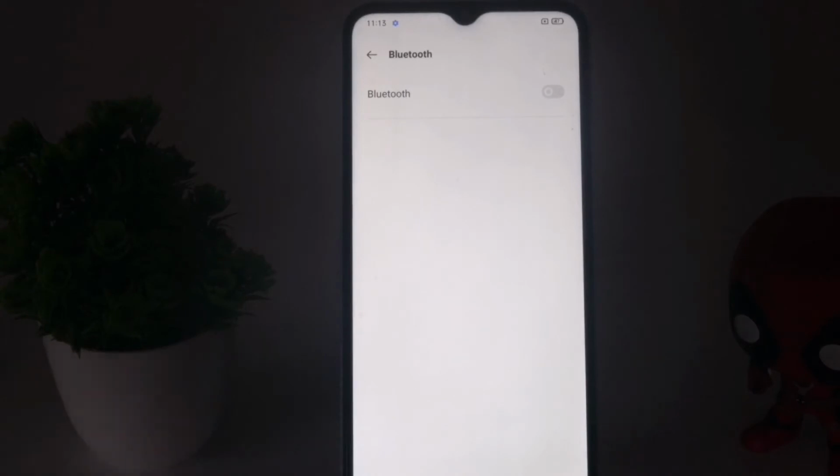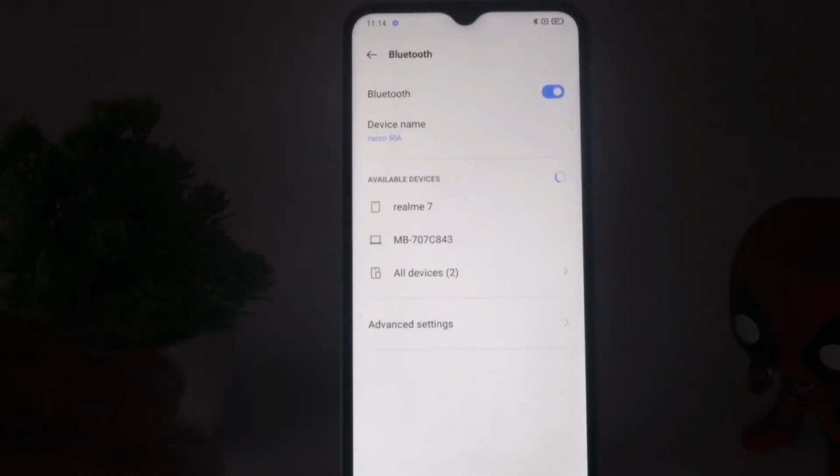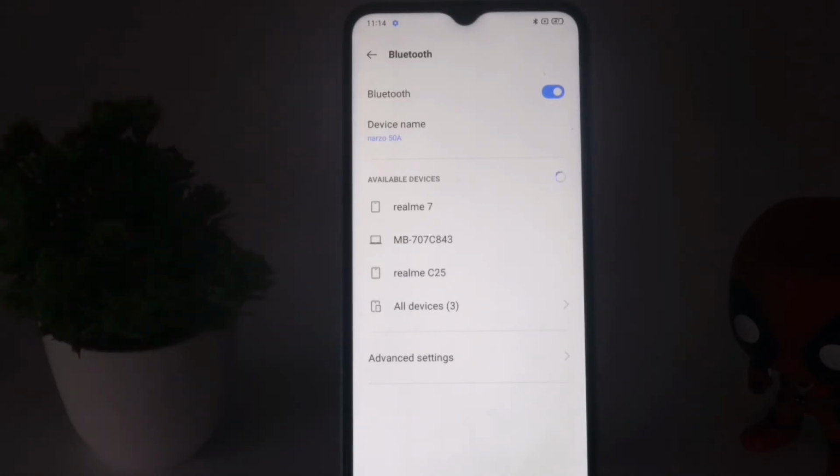And sometimes the data format on your Realme Narzo 50A might be causing the trouble. When you're trying to send some files via Bluetooth, you have to make sure the data format is supported on your phone as well as the opposite person's phone. If it is not, then most probably you'll definitely have the issue. The file format should be supported on both, and then only it will be good to go. So this is what you have to do.